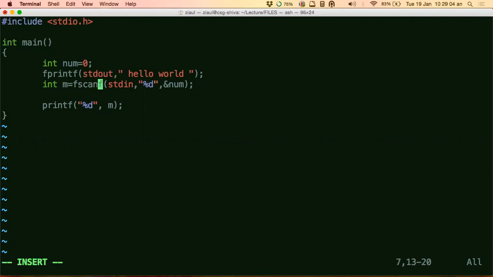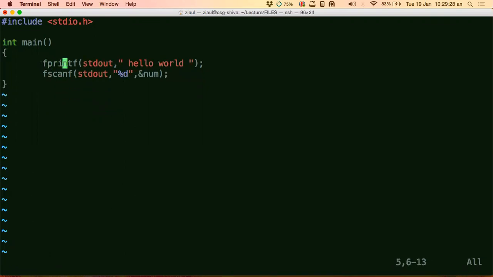So this is clear, right? If I use stdout here, fscanf won't read anything, and it will return a -1. If it would have been successful, it would have returned a positive value, positive 1. Good. Since fscanf and fprintf are clear now, let's do something interesting. No more questions here, right?